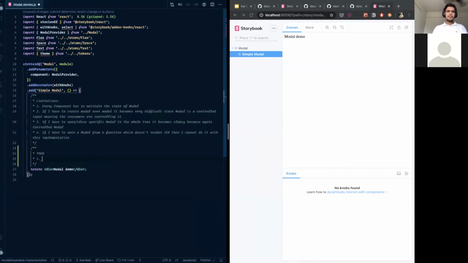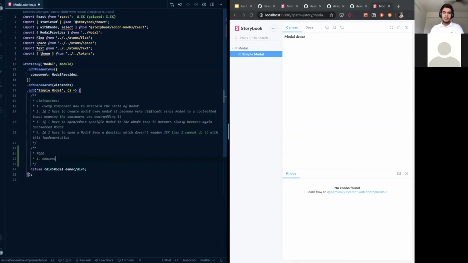The first part is, as a library author or the designer of the component, you need to control how many modals there are in your whole component tree. To achieve that, you need a central place or a central store that maintains the state of the modals, which means we need something called context.